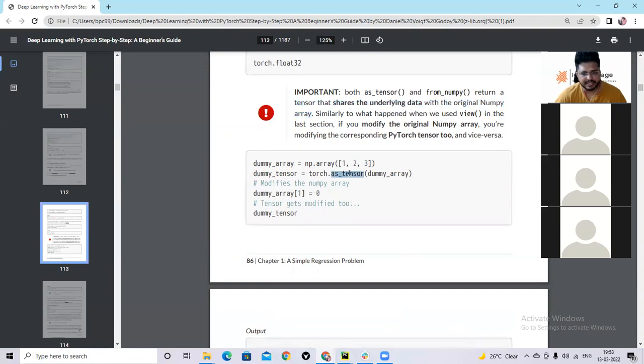So if you are using as_tensor or from_numpy to convert a data structure from NumPy to PyTorch, keep in mind that the underlying data for both references is the same. If you make a change in either the NumPy array or the PyTorch tensor, both of them will be affected, because this is not a copy. It is the same data structure, just wrapped by PyTorch and by NumPy.